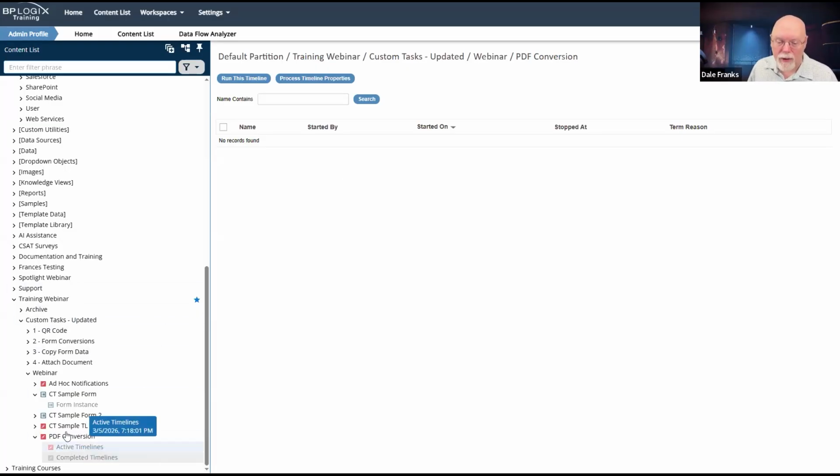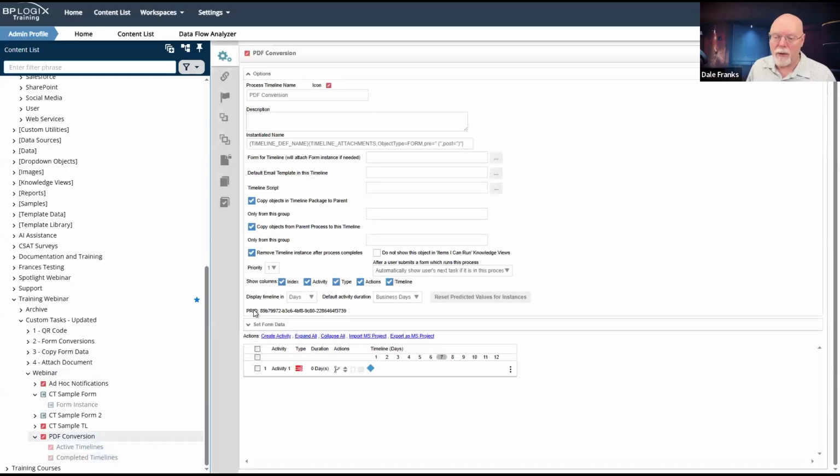So being able to get rid of those, to have them self-delete themselves, is a great feature of being able to run those little timelines that just call a specific custom task or run a specific activity whenever you want them to, or whenever a user invokes an activity. It's kind of cool to be able to do all of those things.